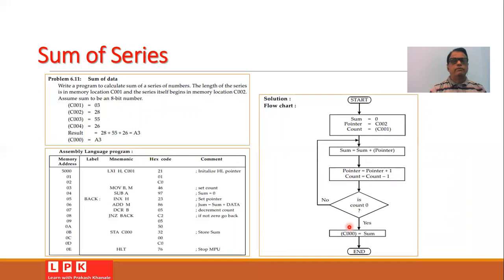Now, for this flowchart, we can write the assembly language program. Initially, we will set up the HL pointer with LXI H, C001, where it will mark the location C001. Then we will move the content of the memory location to the register B so that we can set the count in the register B. Then we will initially make the sum equal to 0.